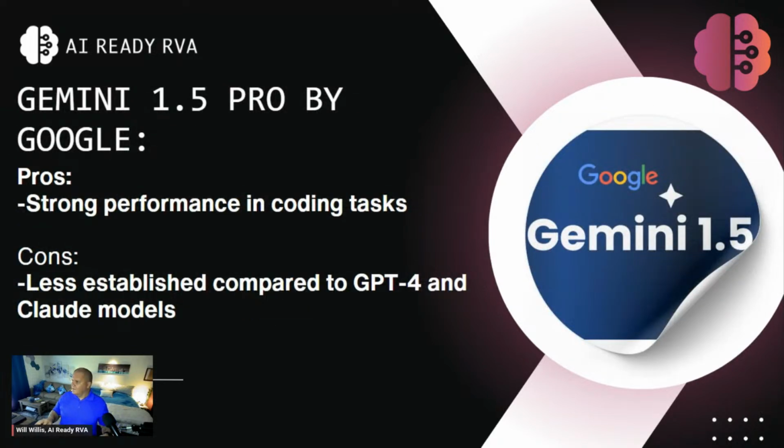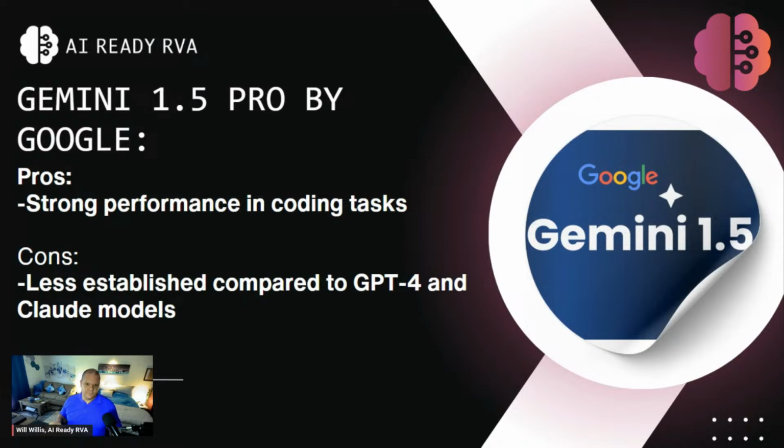All right. Coming over to Gemini 1.5 Pro. So this is by Google, and it's actually trained on all of Google's information. It is very strong for coding tasks. It is well known in a lot of the areas where people are trying to generate code. This is actually helping a lot of people who are not very efficient with writing Python code and things like that. So it's actually lowering the barrier to entry into coding as well. So it gives a very, very strong